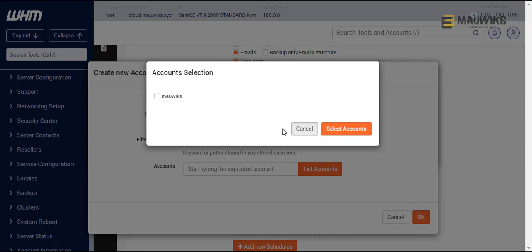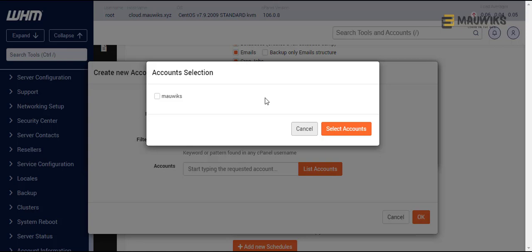Or even if it's a suspended account, which is not really usual that they still want to back up their account, because most of the time suspended users are the users that didn't pay you or have an overdue invoice, or others also have an issue with their account. Maybe they have malware or whatsoever. Then you don't really want to